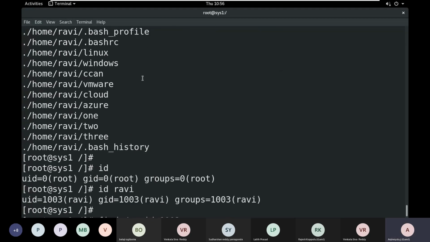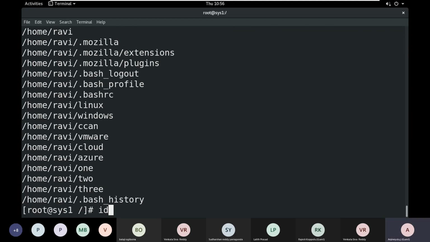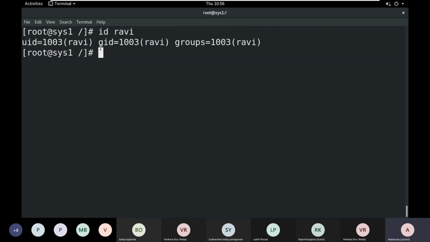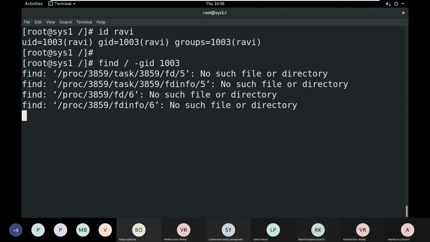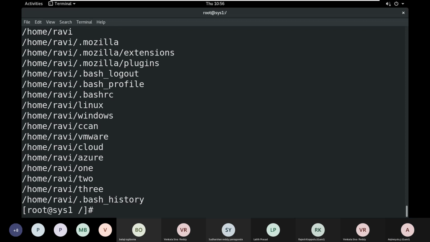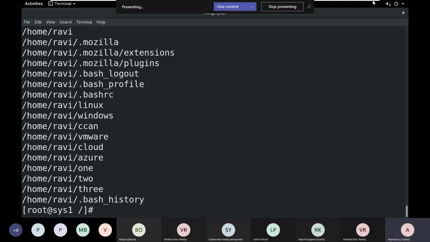If I give id space Ravi, the GID is 1003 and the user ID is 1003. But in real time, the group ID will be different. So at that time we can use find -gid 1003.